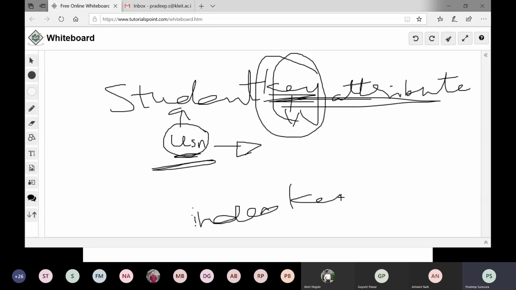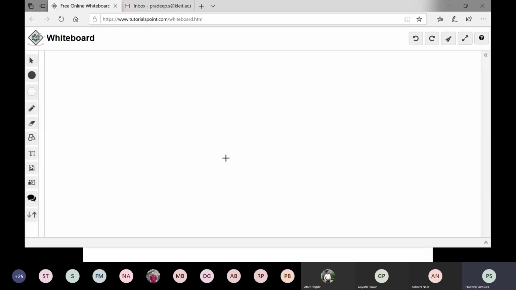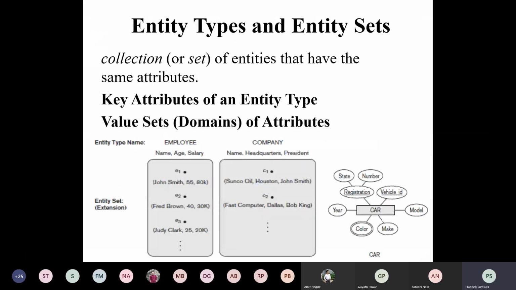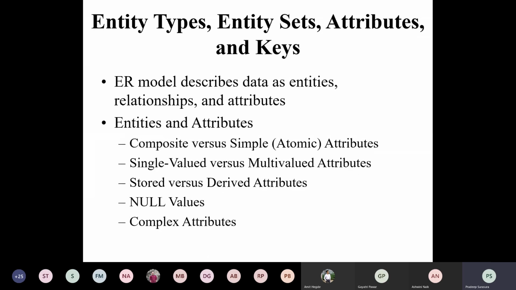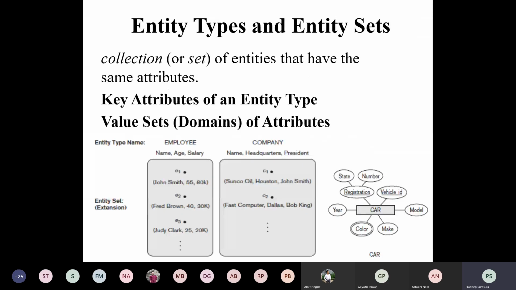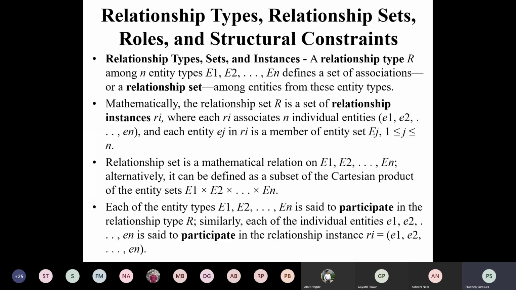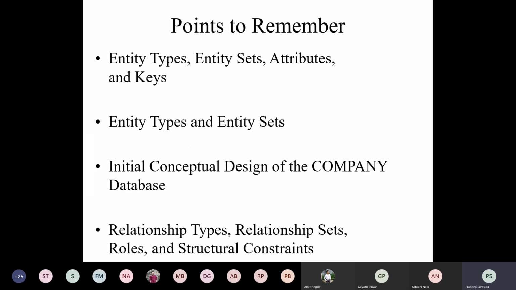We will understand them more clearly in the coming topics, don't worry. So in attributes, you have one more type of attribute called the key attribute. In the next class, we will try to understand entity types, some initial design of databases, and relationships.